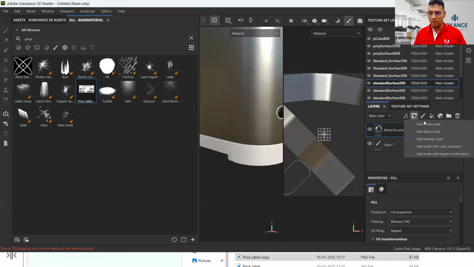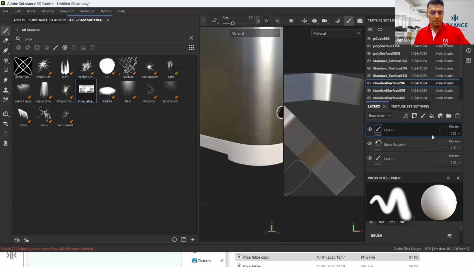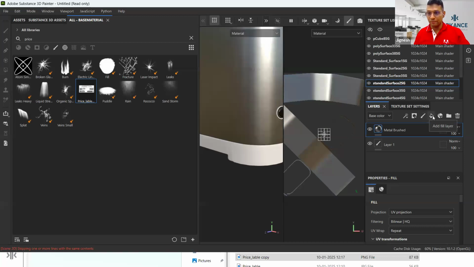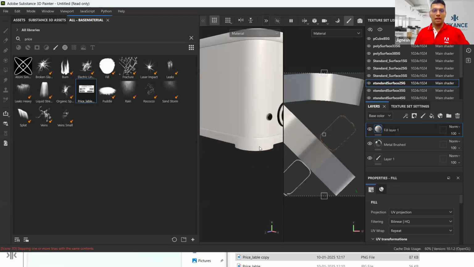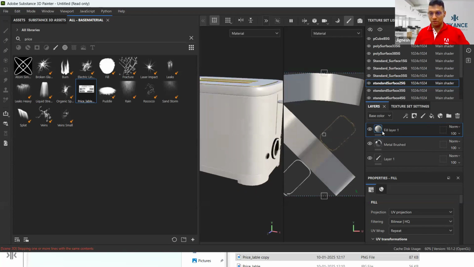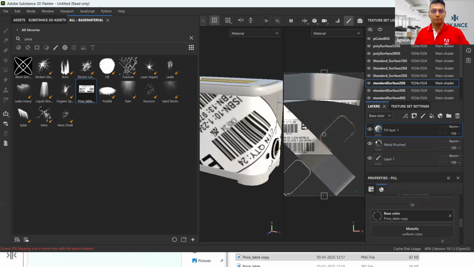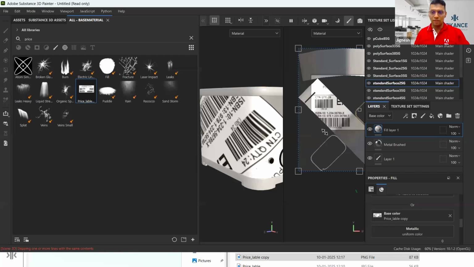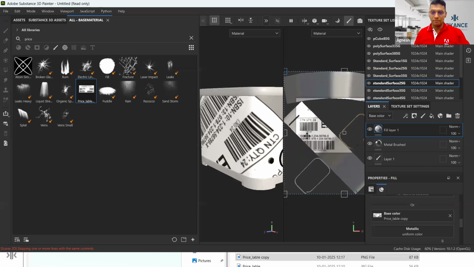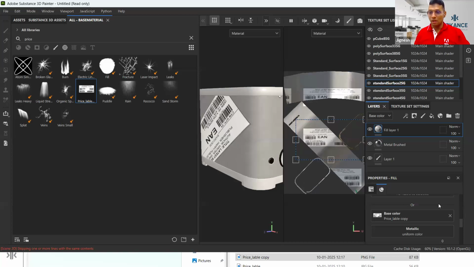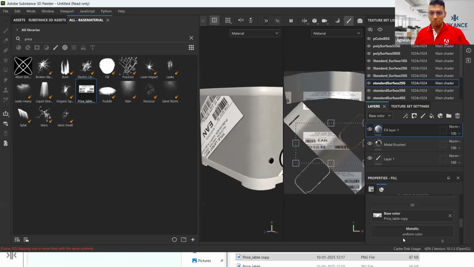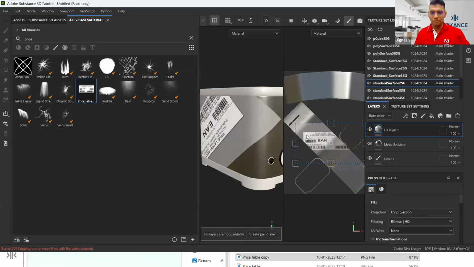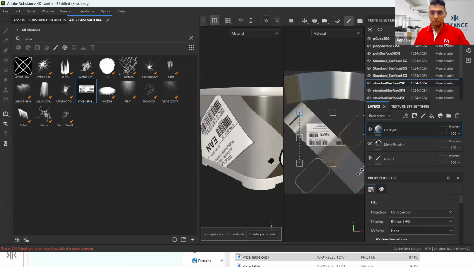All you have to do is include a simple fill layer for that matter. It has its own shader and everything. Now I can directly place my label into base color. Since it is a UV, if I play along with this, it is getting repeated, as you can see. I have to simply change it to none, no repeats. And I can place it wherever I want